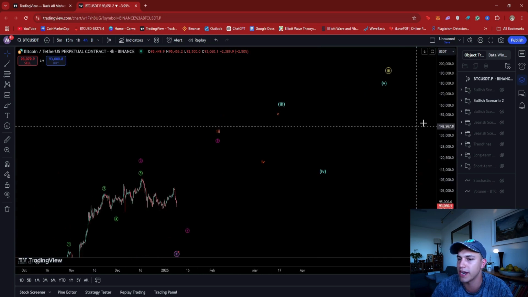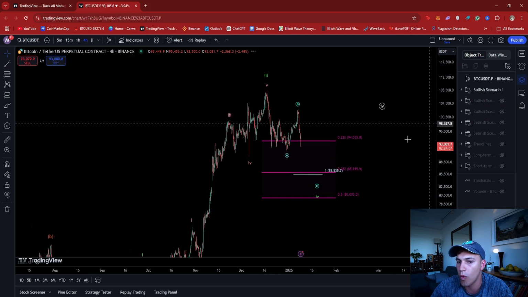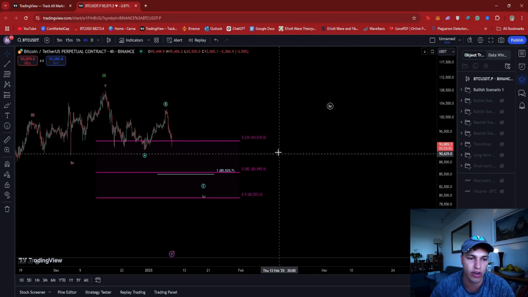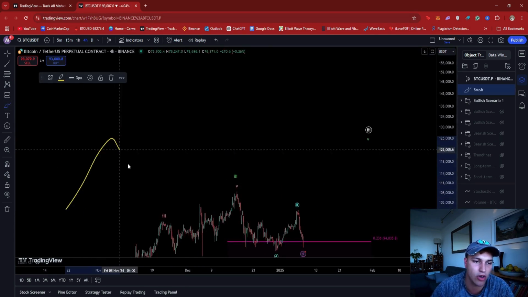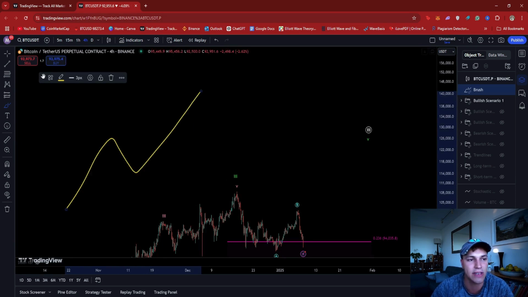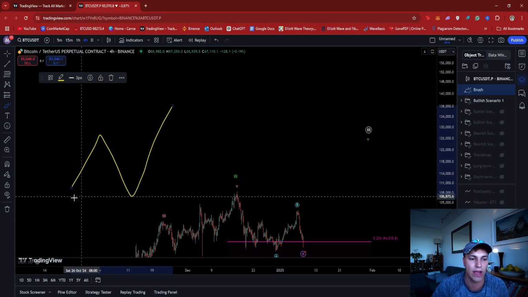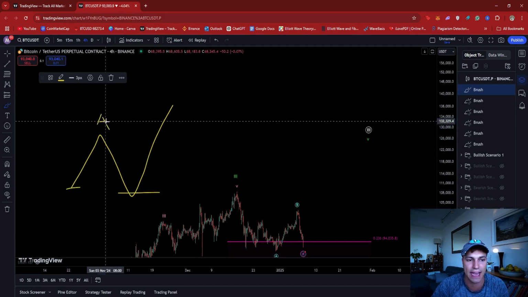So if we were to break down this wave 4 just a little bit more, a wave 4 can be a multitude of different types of structures. Now we could have a standard ABC, something along the lines of this, or we could have an expanding flat, something like this, where we take the low of the A, so this being an A, this a